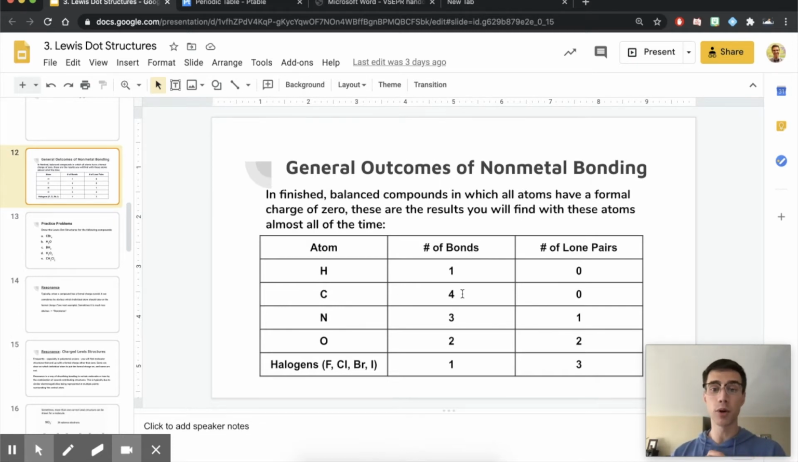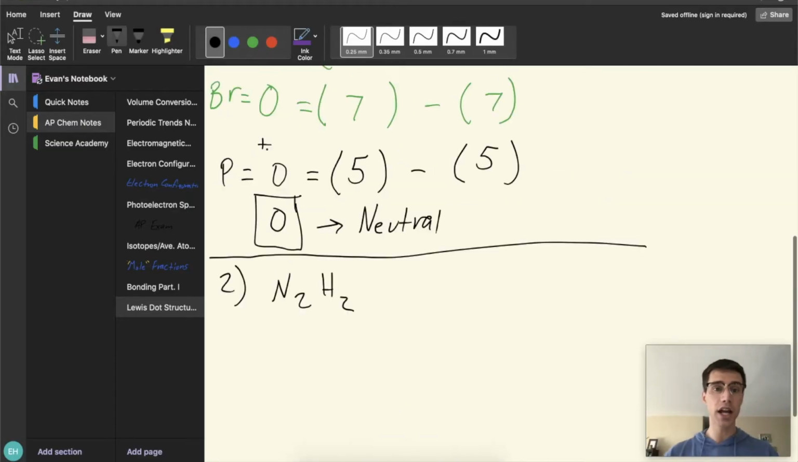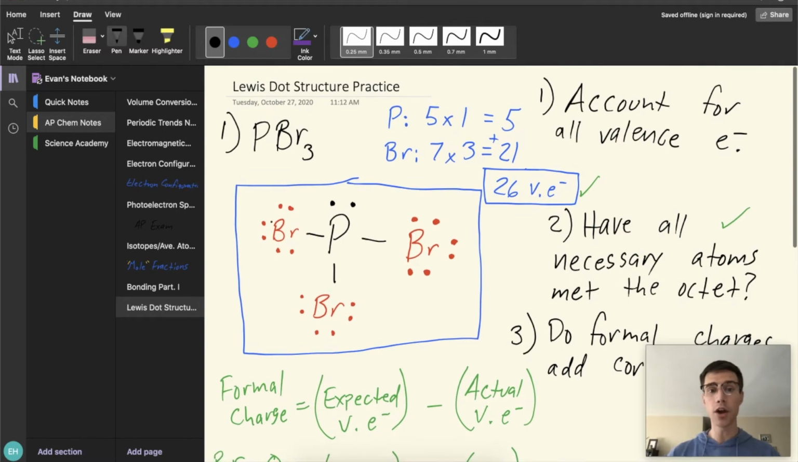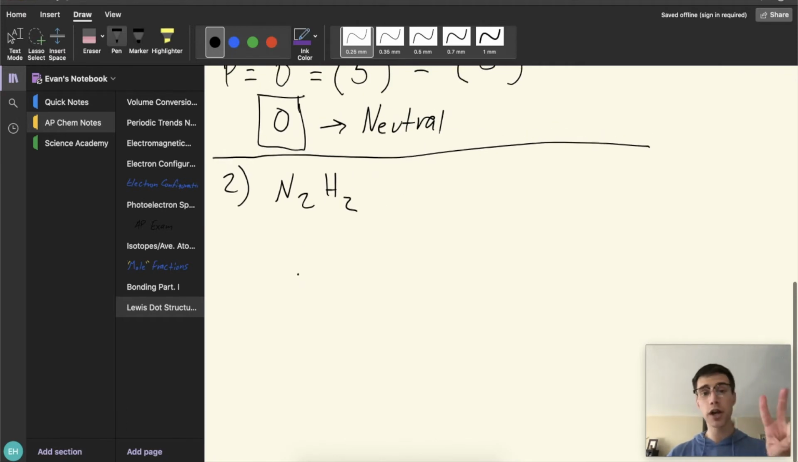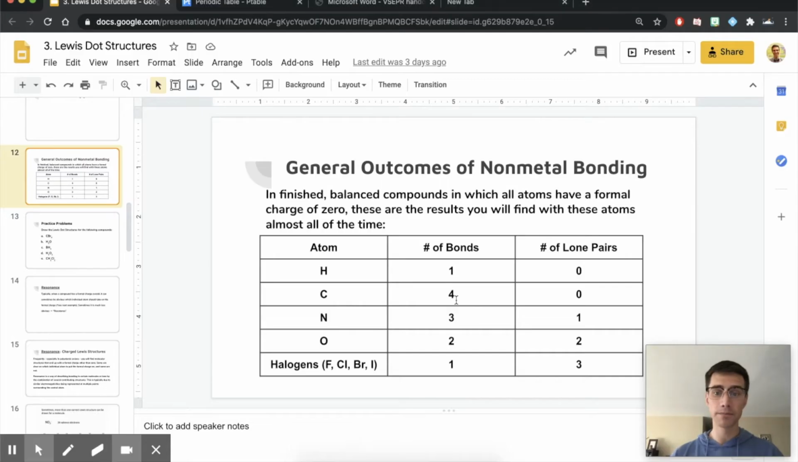Carbon typically forms 4 bonds and 0 lone pairs. Nitrogen tends to form 3 bonds and 1 lone pair. Oxygen forms 2 bonds and 2 lone pairs. And all of our halogens, just like we saw in the last example, form 1 bond with 3 lone pairs. And that's exactly what we saw with our bromines here, right? They all formed 3 lone pairs and 1 bond. So in this case, because we have 2 nitrogens, we would expect them to form 3 bonds each with 1